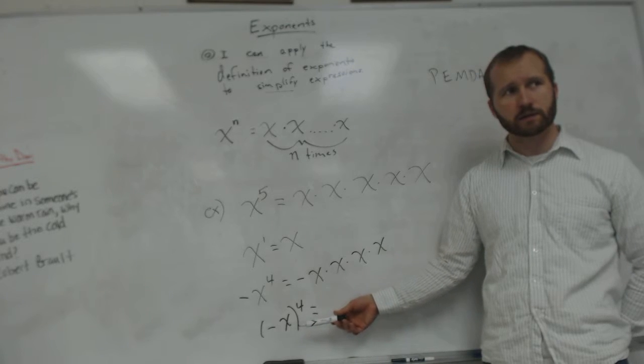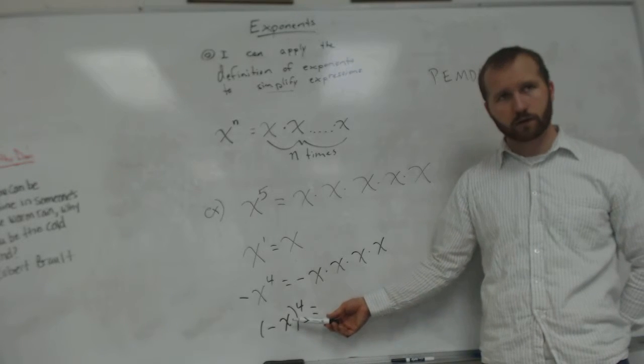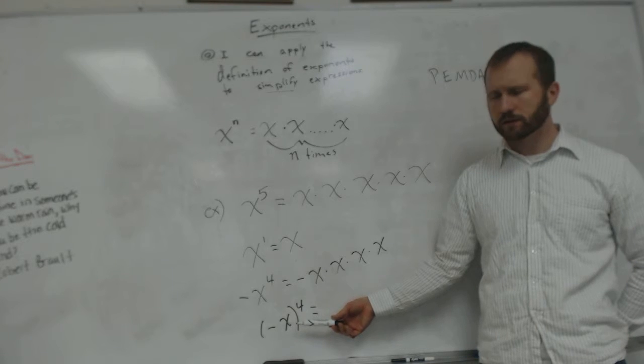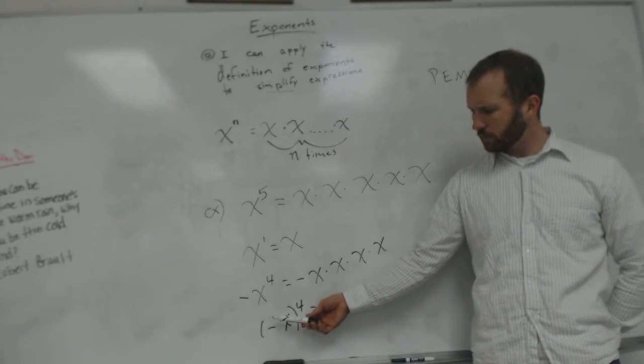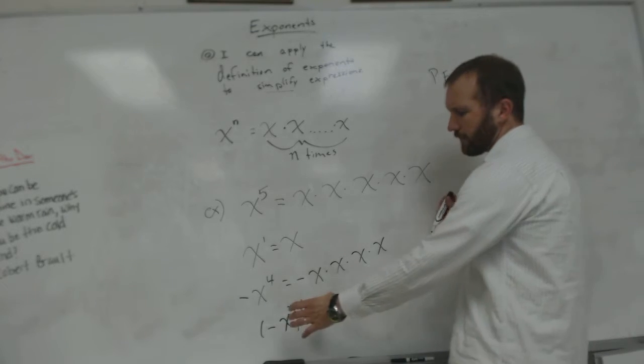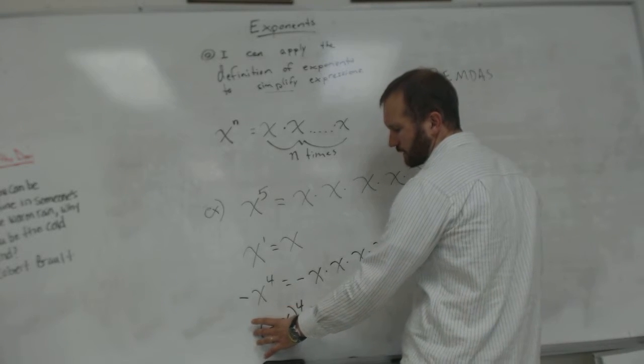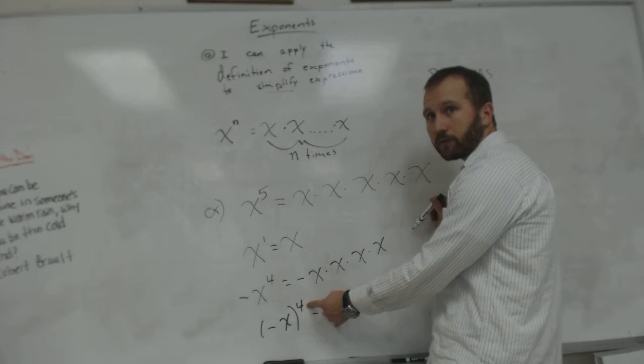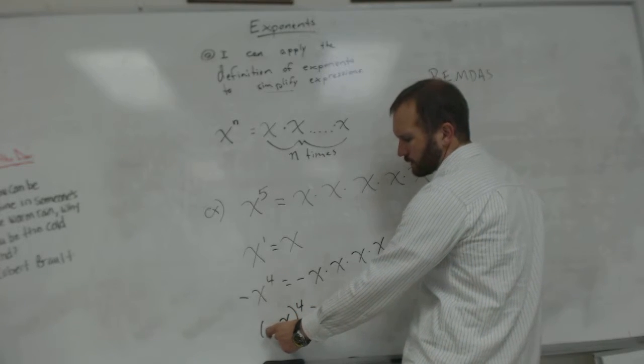But what do you notice as a difference? It has parentheses. And where are the parentheses? Between the x and the 4. Yeah, they're around this negative x. And so since I have parentheses around all of this, and the 4 is outside of those parentheses, that means this whole thing